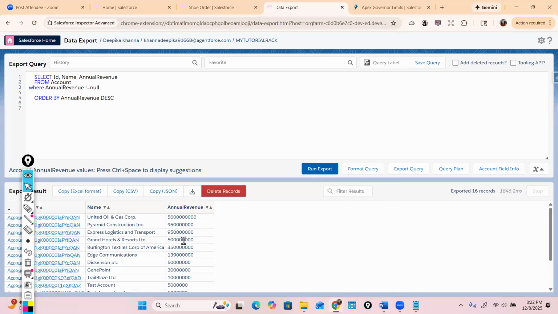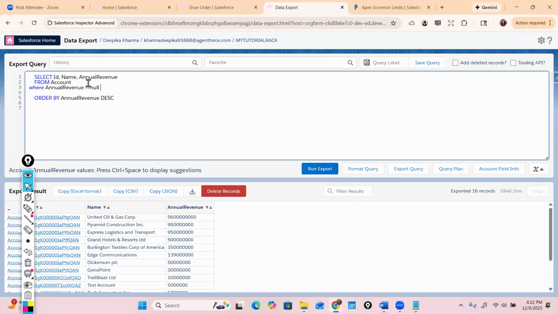Okay. So here you will see you have not equals to null, and then you can see here that it's